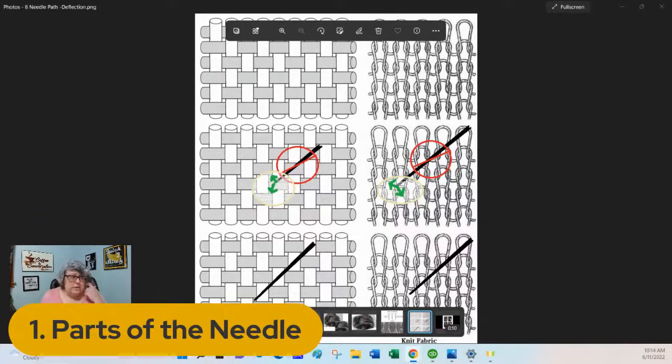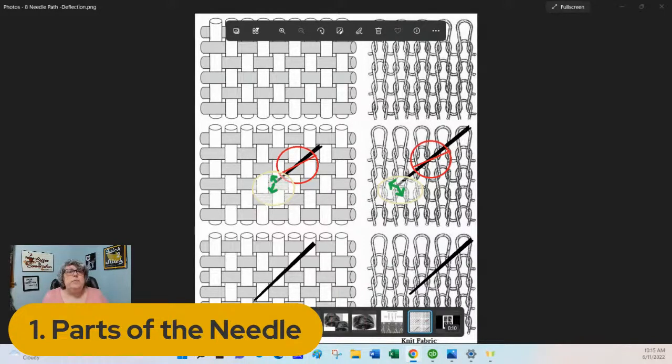So anyways, back to deflection. People will have this jagged, zigzaggy look on their stitches, and they don't understand why it's not smooth and straight like a line of print. Well, first of all, your punching holes are round. Your thread is round, so it's not going to give you a perfectly printed straight line. But again, the needle is going to deflect. It's going to take the path of least resistance in your woven threads and in your knits.